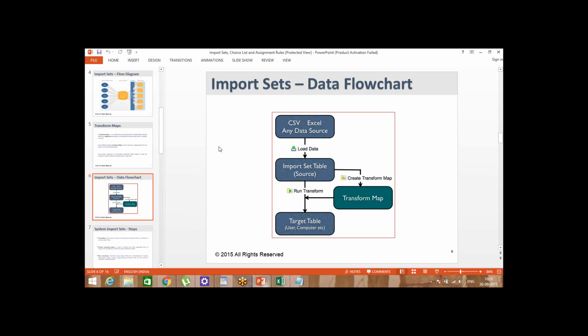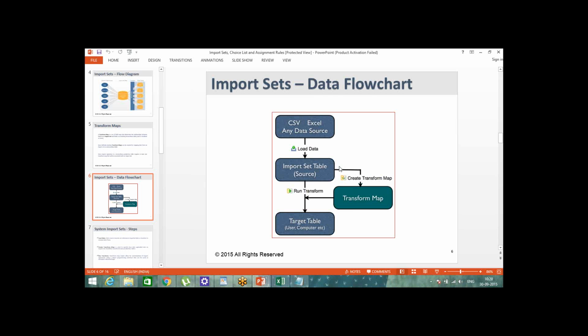Once the format is created and the data entered, we need import set tables to be created. If it is the first time, we need to create one. If it is already created, we will use the same table.